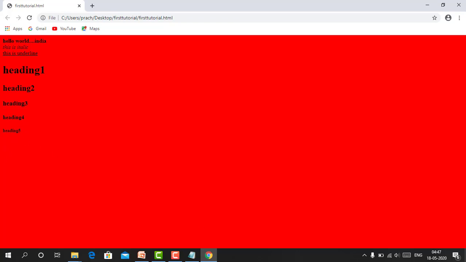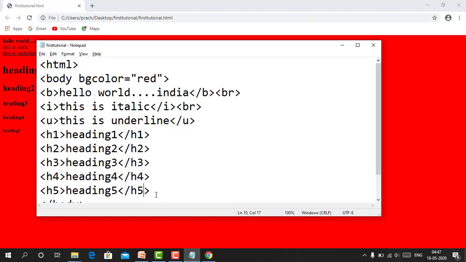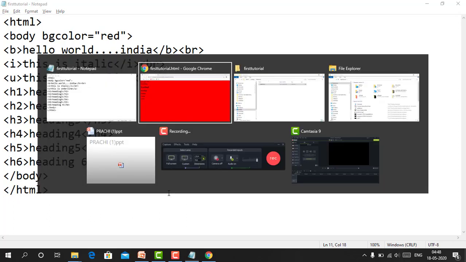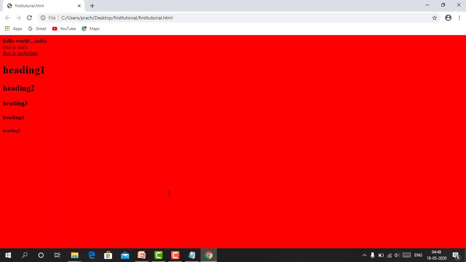This one is again smaller, and the last one is H6. Heading 6, and closing H6. Control S and go to Google Chrome.